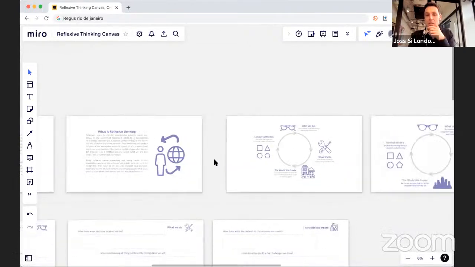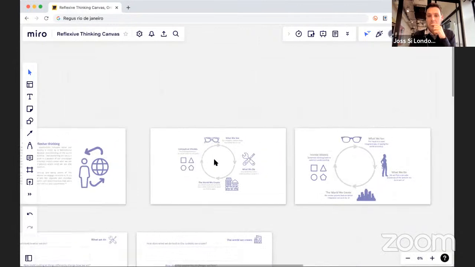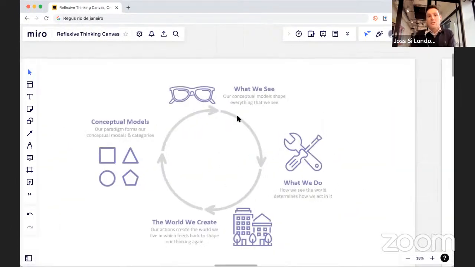So that's illustrated here. This cyclical relationship: our conceptual models or paradigms form the conceptual models and categories through which we interpret things, and that shapes, then you can see up here, what we see. Our conceptual models shape everything that we see, kind of frames what we look at, what we focus on, what we pay attention to, and thus what we perceive,